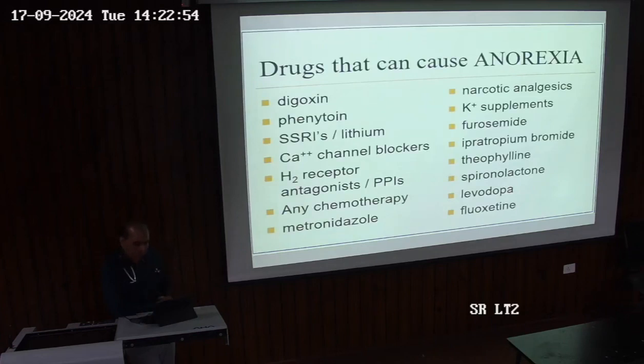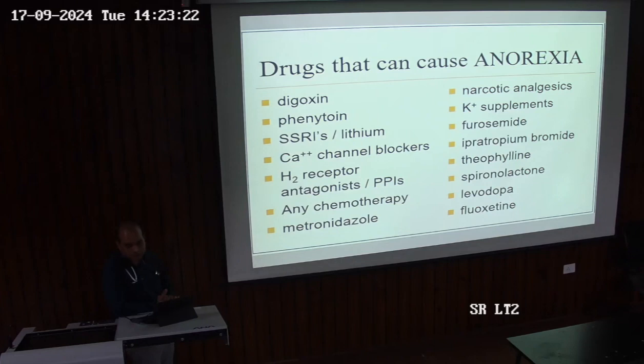Out of them, your SSRI, antidepressants, they're commonly used. Furosemide, an important component of your anti-hypertensive medications. Theophylline, very commonly prescribed for asthma and COPD, particularly COPD patients. Theophylline is basically a xanthine analog. Spironolactone, levodopa. Levodopa, you must have read, you are in second year, you must have read about your levodopa and